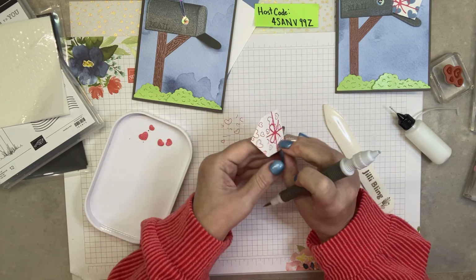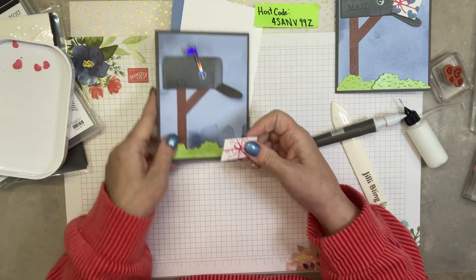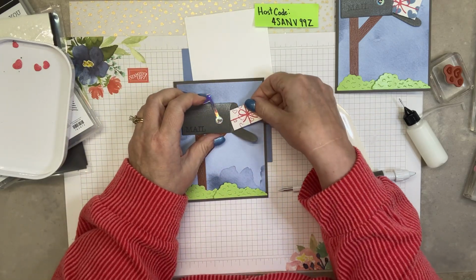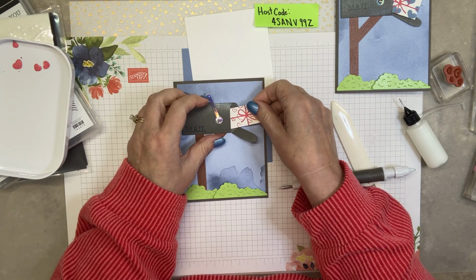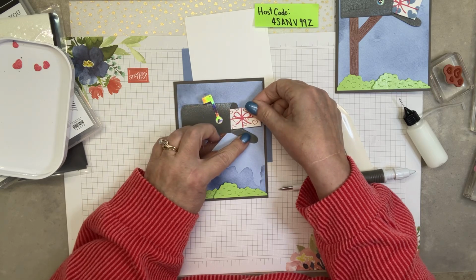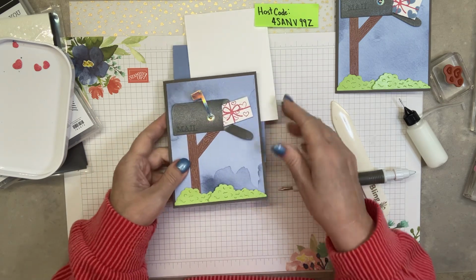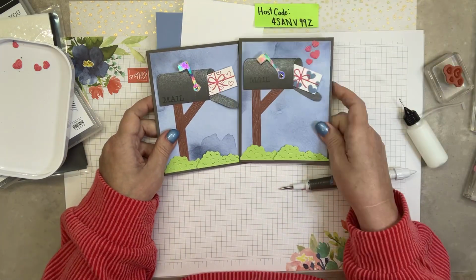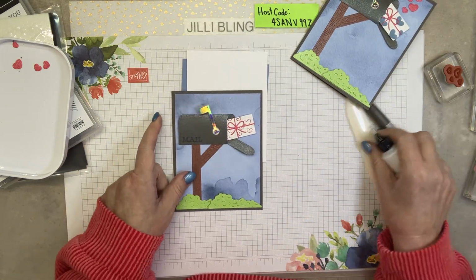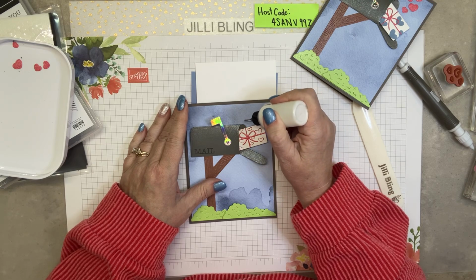Okay, so that is done. See, this is a little bit wild compared to the blue hearts. There's your package. I think I like the blue hearts better, but that's okay. Change is good. Okay, so I have 4 remaining hearts, and let's have them, it's going to be a windy